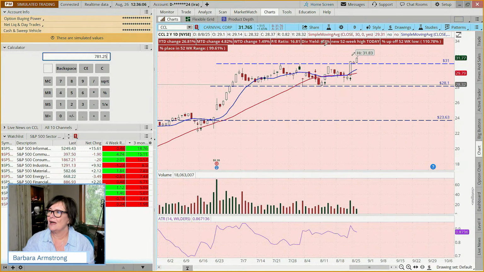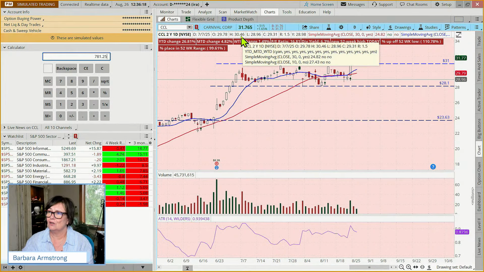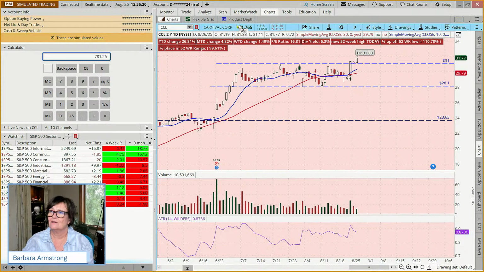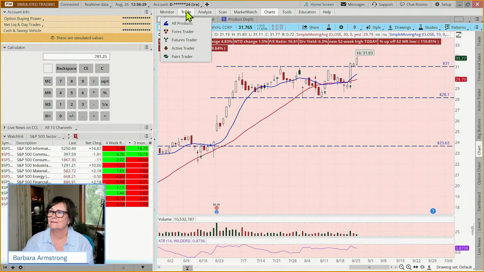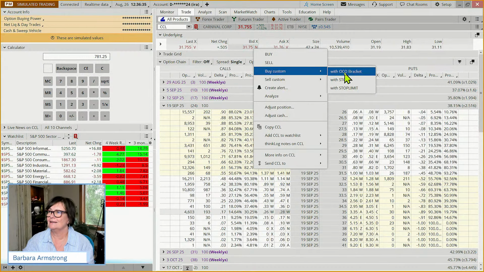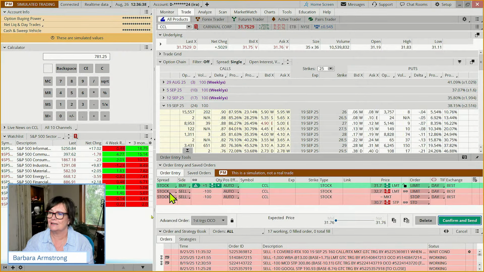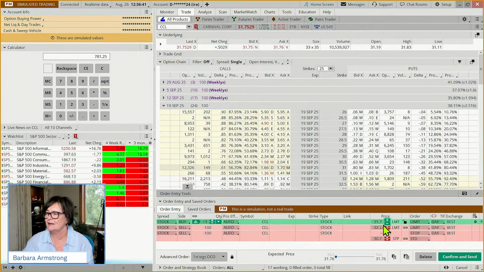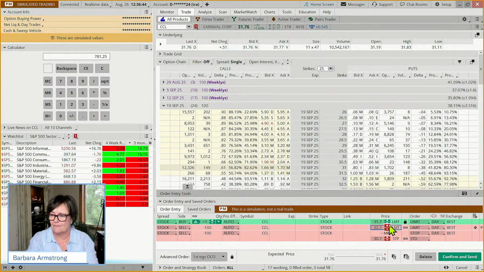But then how much are we risking if our stop is at 29.89? Well, we're risking about $2 a share. And so if we did 700 shares, we could lose $1,400. Now, putting a stop loss in doesn't guarantee us that we'll get out at an exact price, does it? But it gives us a guide. And this stock is very heavily traded, over 10 million shares traded so far today. So we're going to put in our target. Let's just make it 34 even.